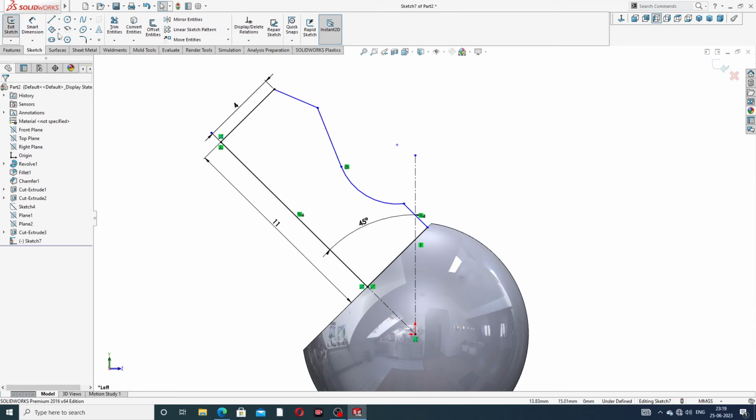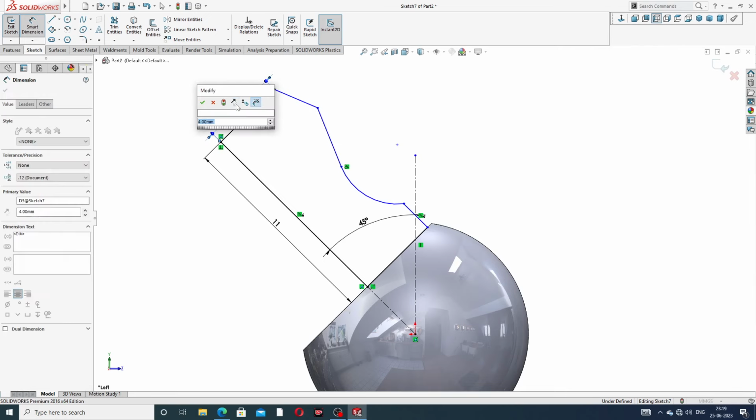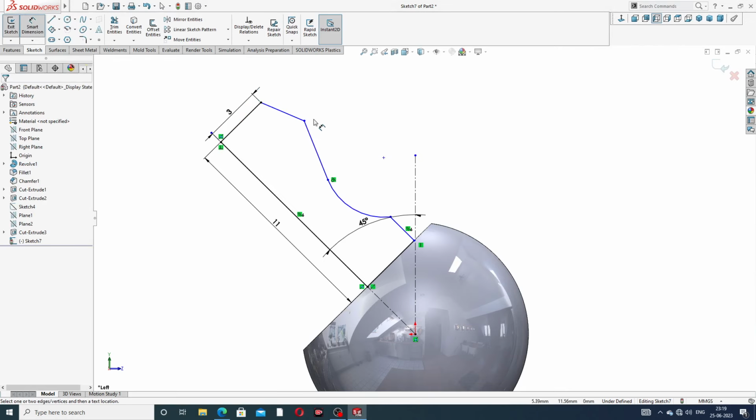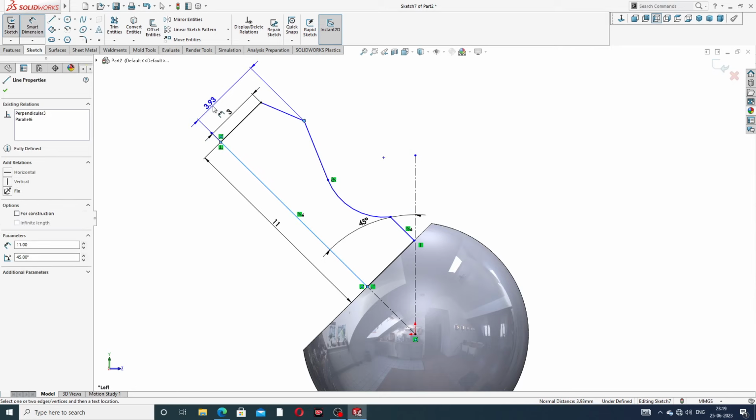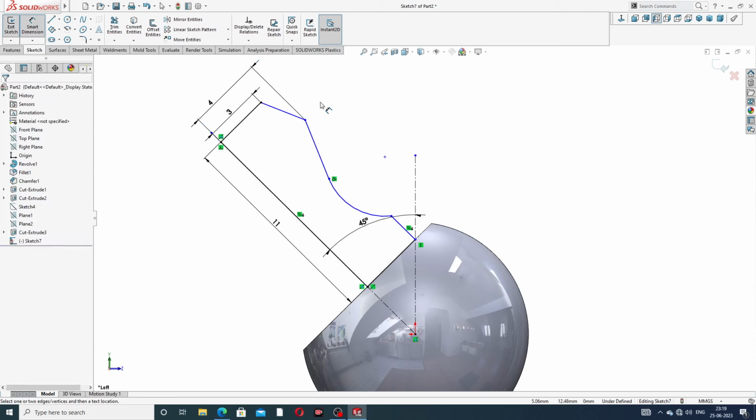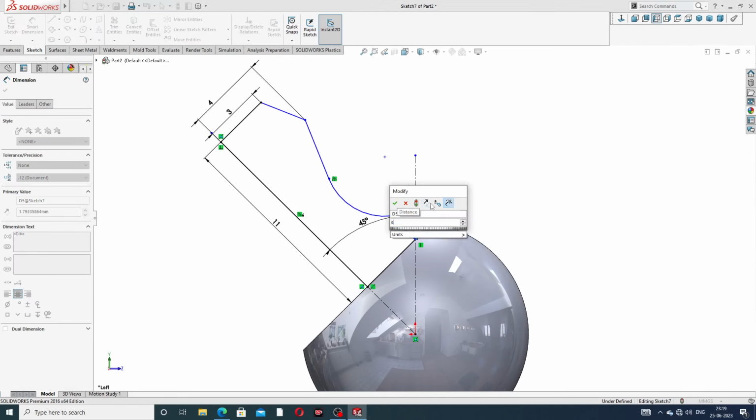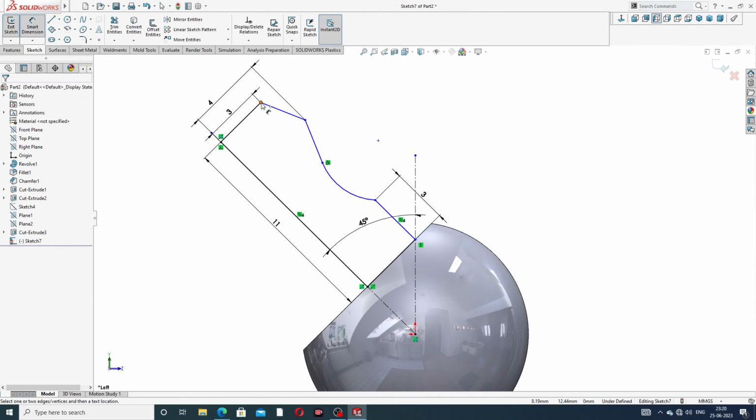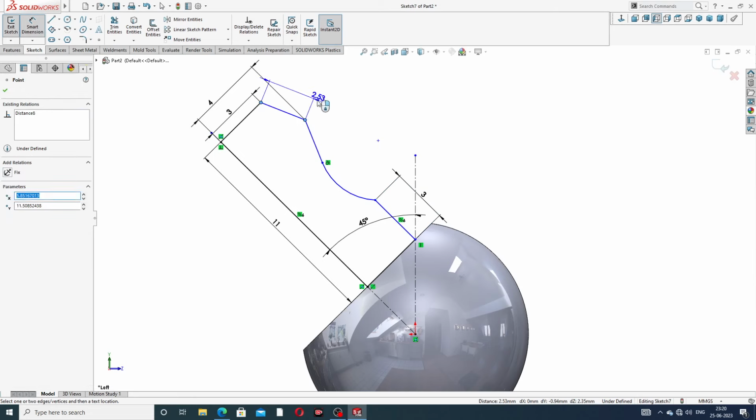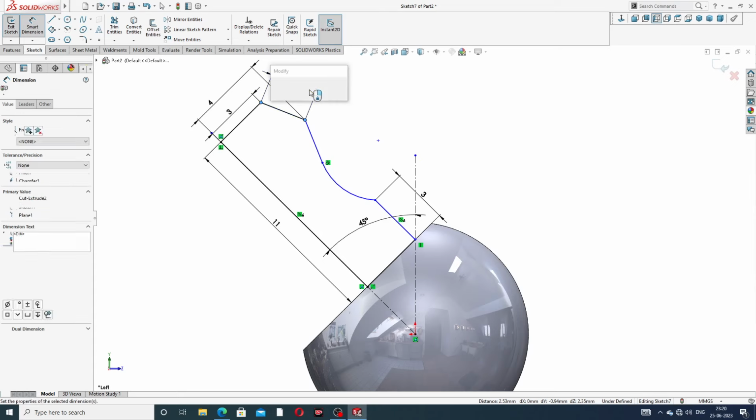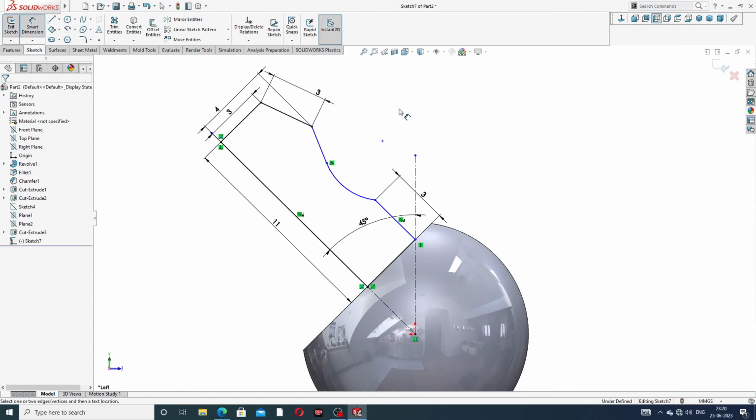Okay, and again select this. Okay, this is 3, and select this line, this is 4 millimeter. Okay, and again select this line, this is 3 millimeter, and again select this line to this, 3 millimeter. Okay,